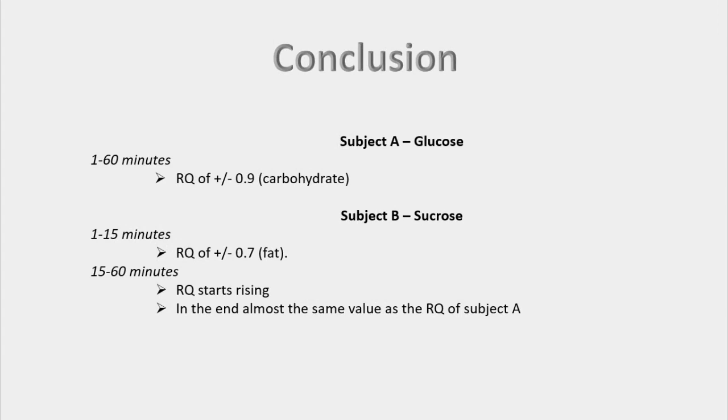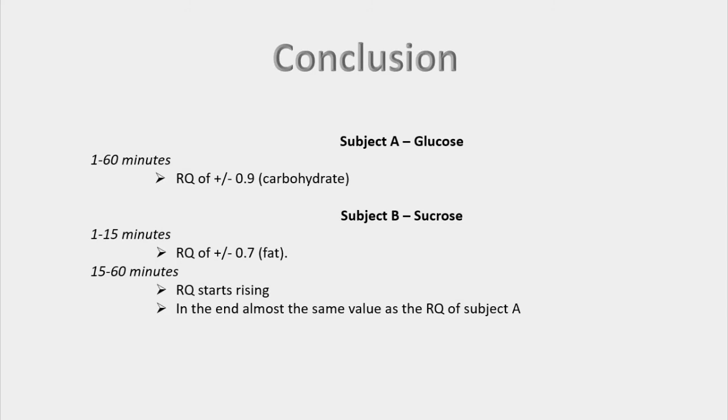Subject B relies on fat oxidation during the first 15 minutes, as can be concluded from the RQ. During the experiment, the RQ starts at a value of almost 0.7, which indicates that the substance being oxidized is fat, while subject A has an RQ of almost 0.9 since the start of the experiment, and an RQ of 1 equals the oxidation of carbohydrates. The RQ of subject B starts rising from the start and eventually reaches almost the same value as the RQ